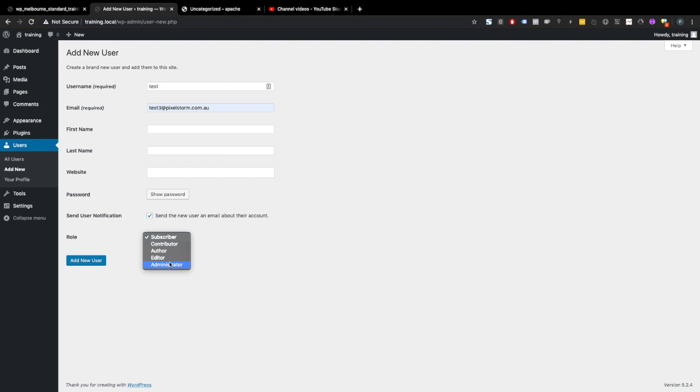Another important aspect here is the user roles. As I said before, administrator is the most powerful with a single WordPress website install as opposed to a multi-site install. And then the privileges slowly get less powerful. So let's just go through these roles quickly. So I've just brought them up in the